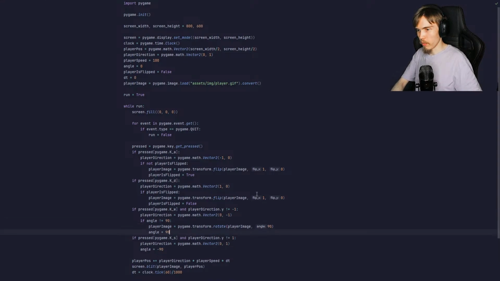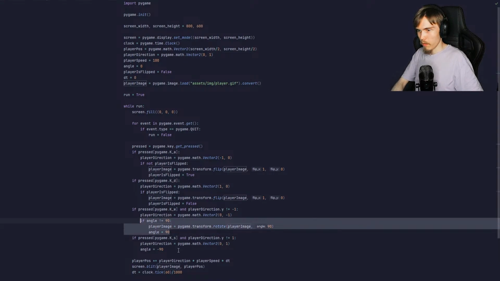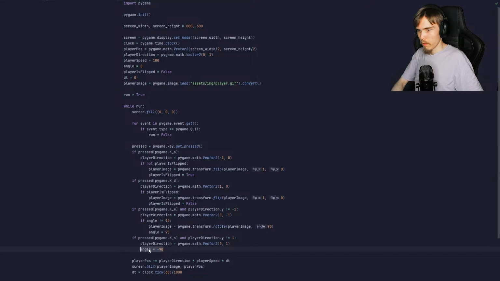Then we set the angle to 90. Now then, if angle not equal to negative 90,